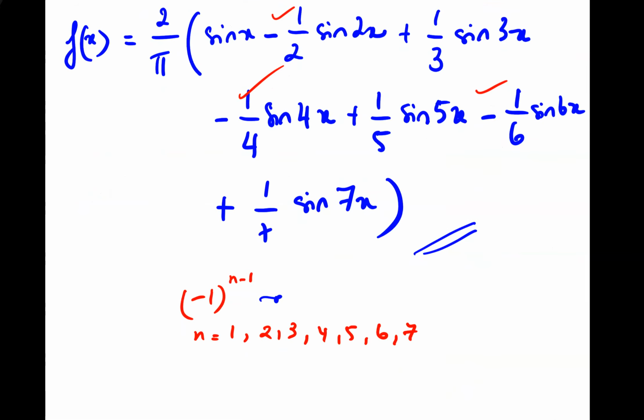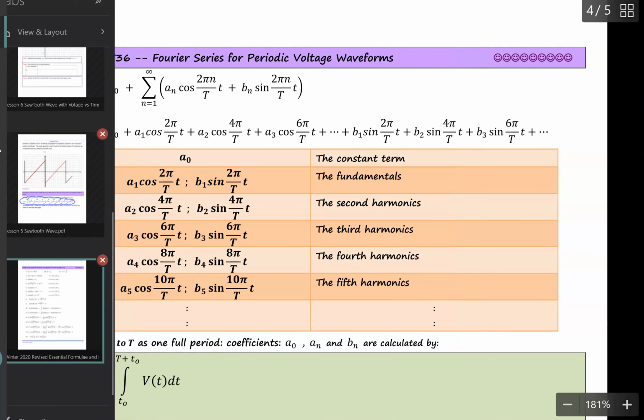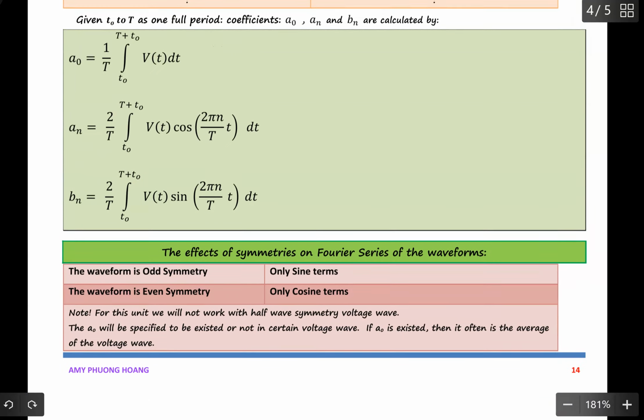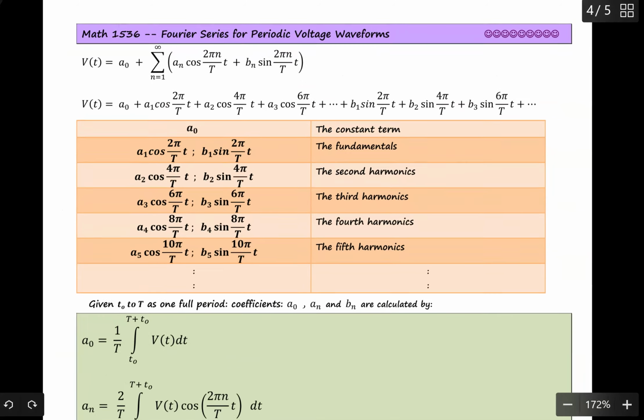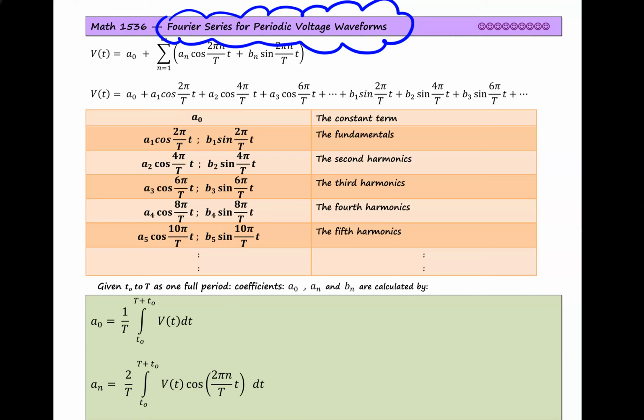Alright, so the next part of this lesson is I want to go over the formulas on page 14 of my workbook. We are talking about Fourier series for a periodic waveform, and we have to talk about voltage versus time. If you write the Fourier series for voltage versus time, you don't have f(x) anymore, it turns into v(t), and you don't have x, it turns into 2 pi